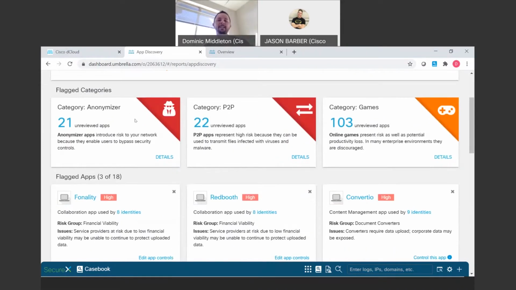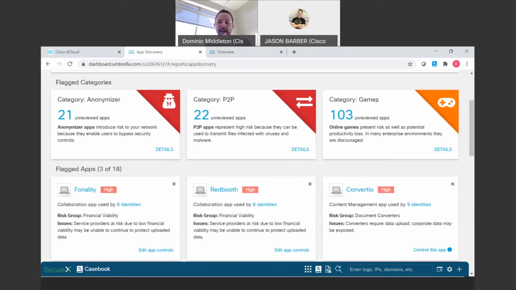But we can go down through here and see what kind of apps. We can see anonymizing apps, P2P file sharing apps, gaming apps. Some are threatening. Some are just time wasters that we don't want on our work laptops. You can put blocks on that. But think about P2P file sharing apps. If you were around during the days of LimeWire, Kazaa, and a couple of others, think about how many viruses those P2P file sharing apps were bringing in by people just trying to share music unethically or illegally, right? So that happens quite a bit.